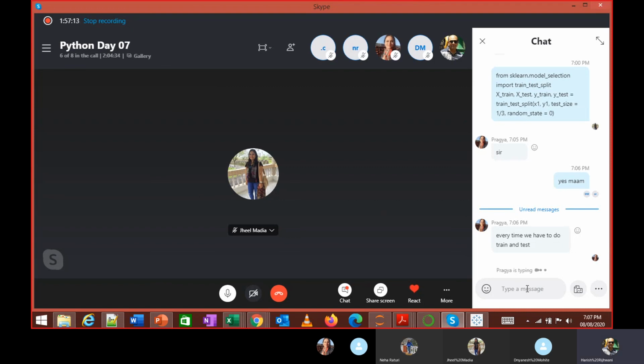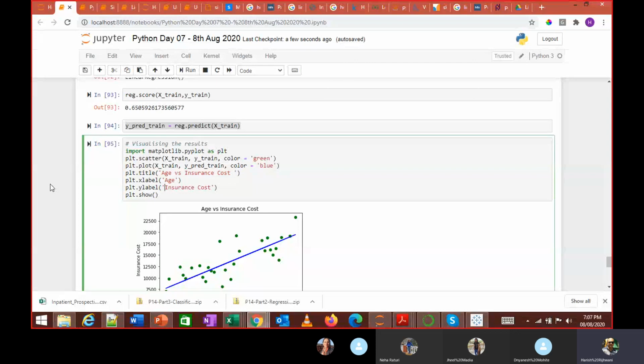Yes, every time you should do training and testing. You have training, testing, validation. That is how it works. Ideally, we have very less data here. Normally, you should have at least 2 to 3 years of data in practicality, but you might not get that data also. But still, there are other models using which you can do that analysis.